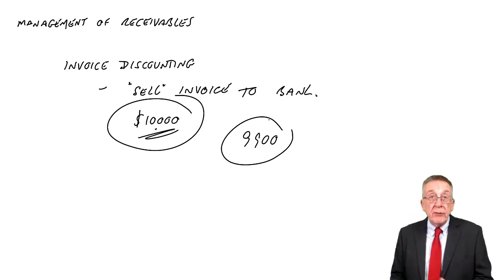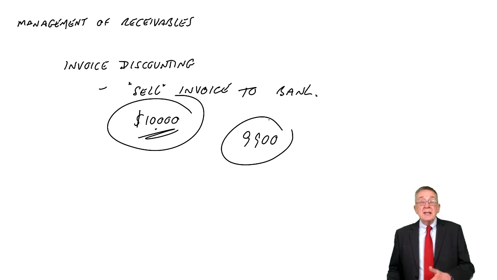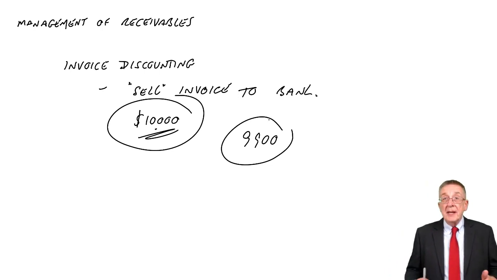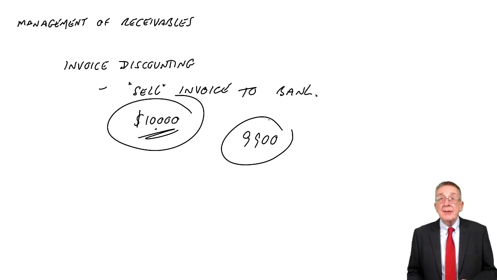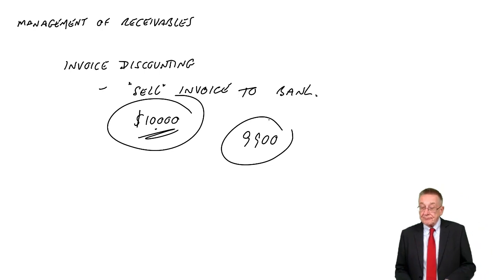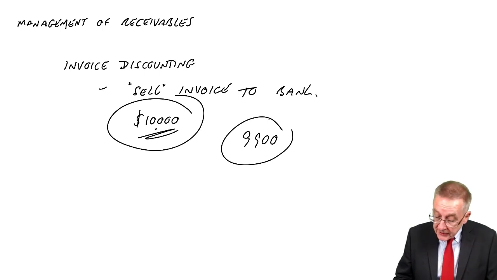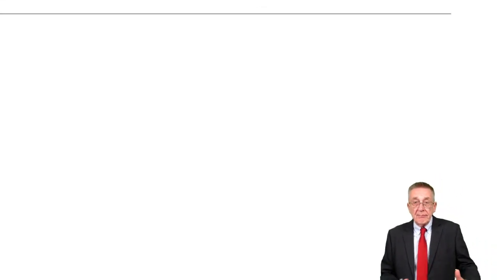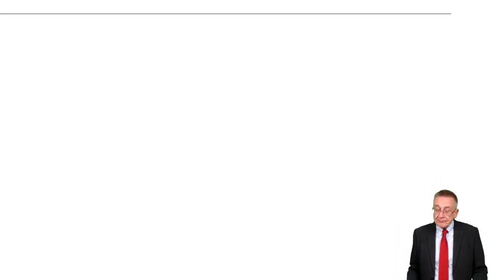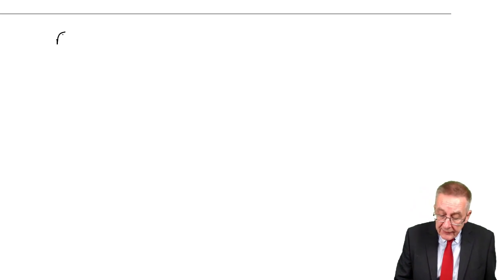So that's why it's called invoice discounting, because the amount the bank will give you today will be a bit less than the amount of the invoice that's due. Now that's discounting. That's a way of effectively borrowing money. And the other, though, factoring,